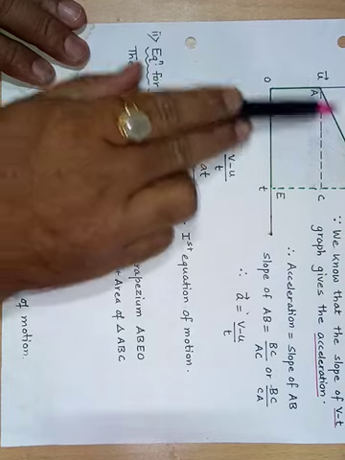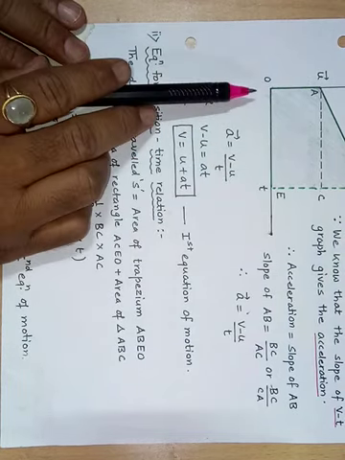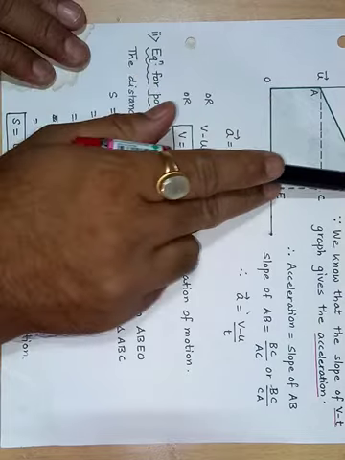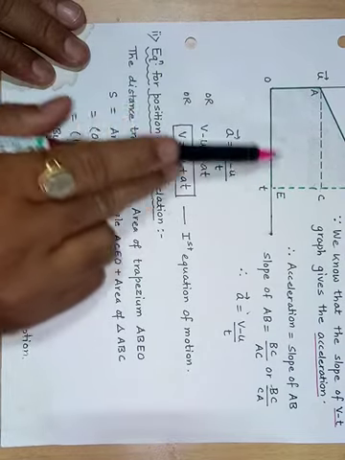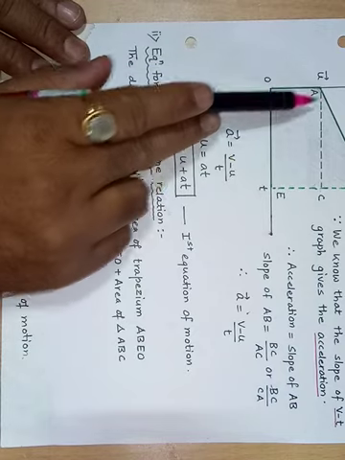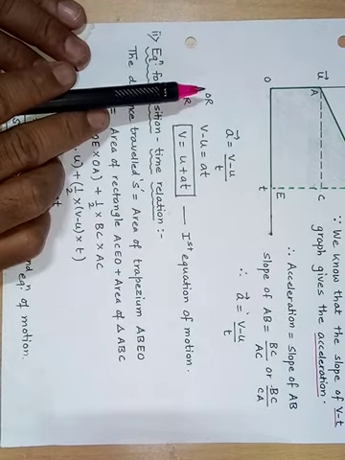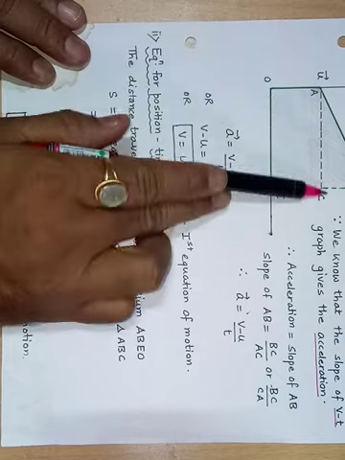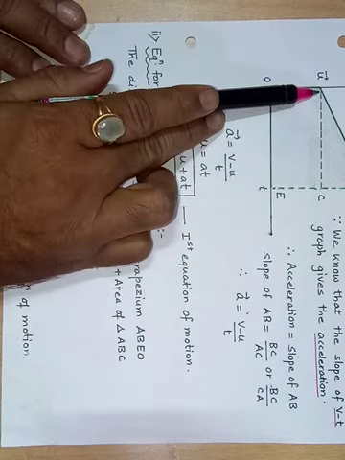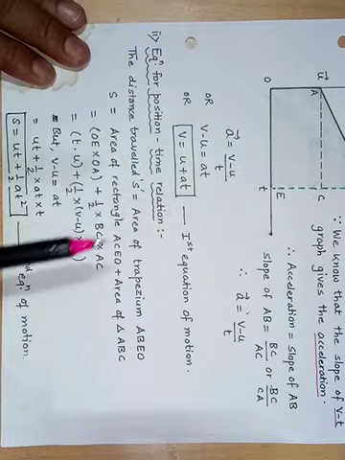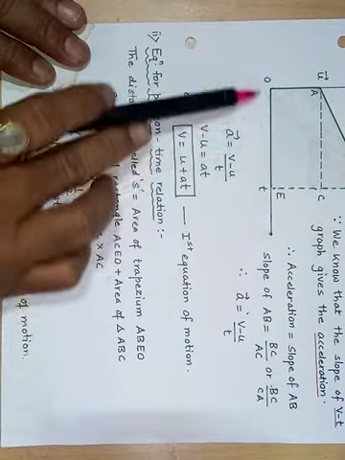But if you look carefully at this particular trapezium, you will find that this trapezium ABEOA comprises two geometrical shapes. One is this rectangle and the second is this triangle. So if I individually calculate the area of this rectangle first, and then the area of the triangle, and add those areas, then definitely that will be the area of this trapezium.